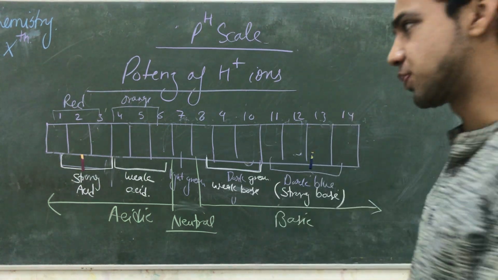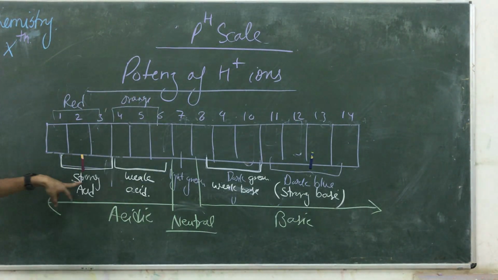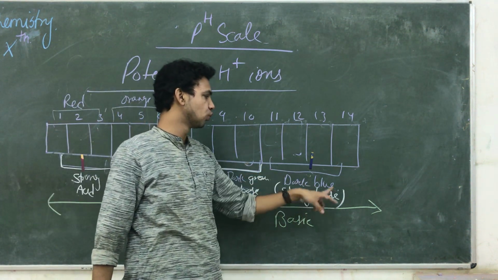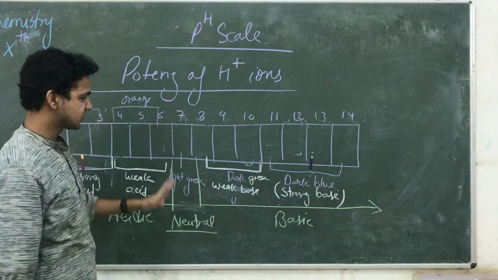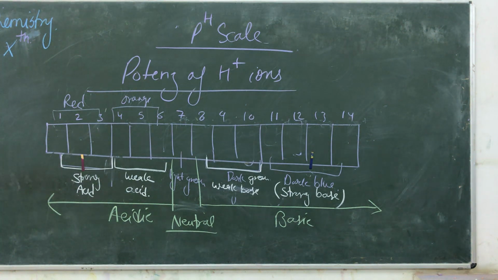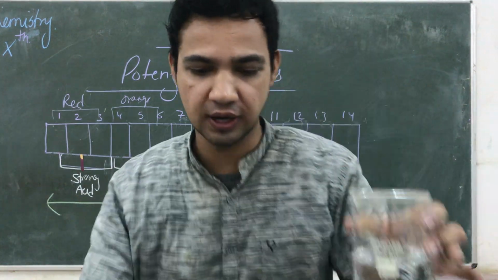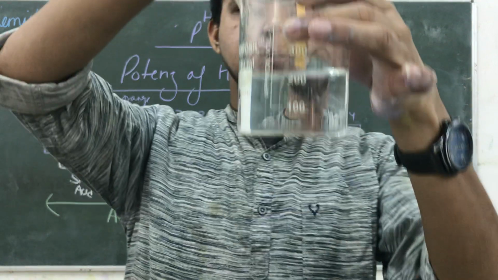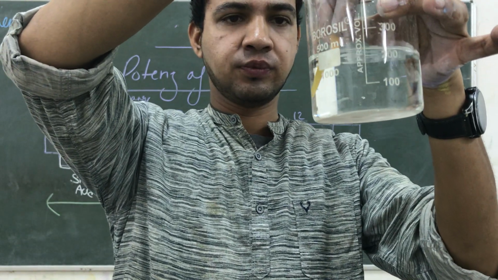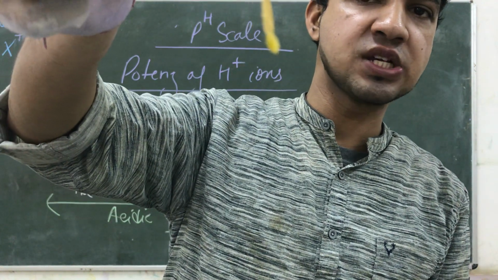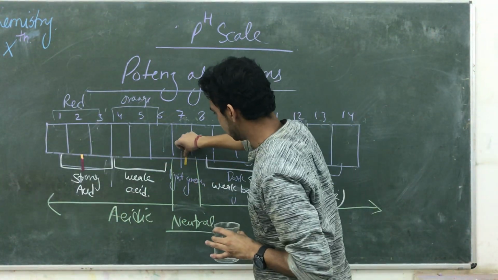So these are some experimental values. If it imparts a red color, it is a strong acid. If it imparts a strong dark blue color, it is a strong base. For neutral, I am showing you tap water. We have not added any substance to it. So we are going to dip the paper inside this one. This is neutral water. See, its color should remain the same, so it belongs to the neutral state.